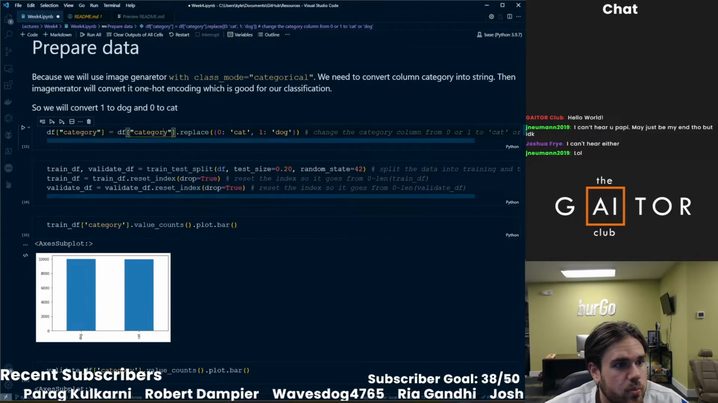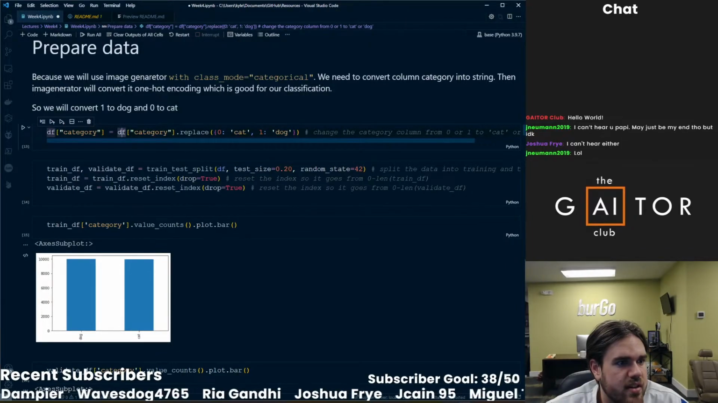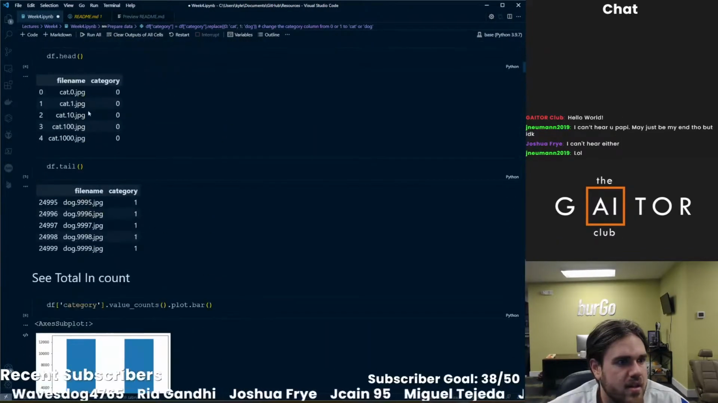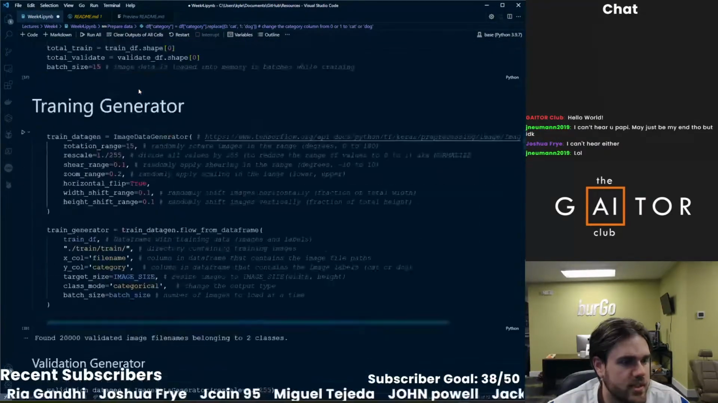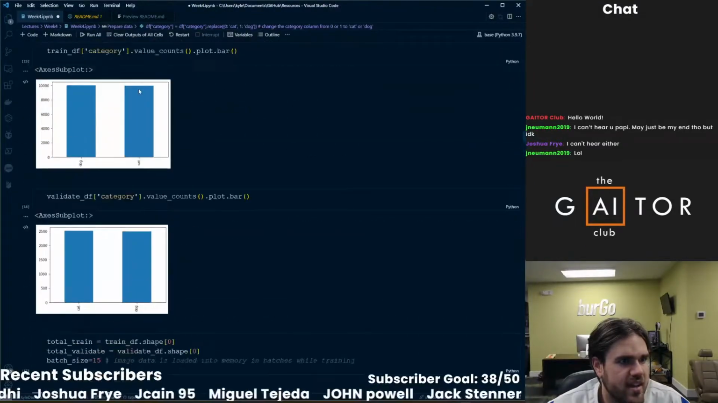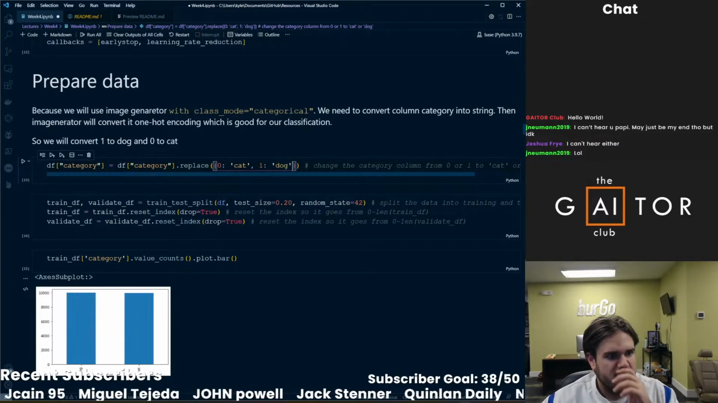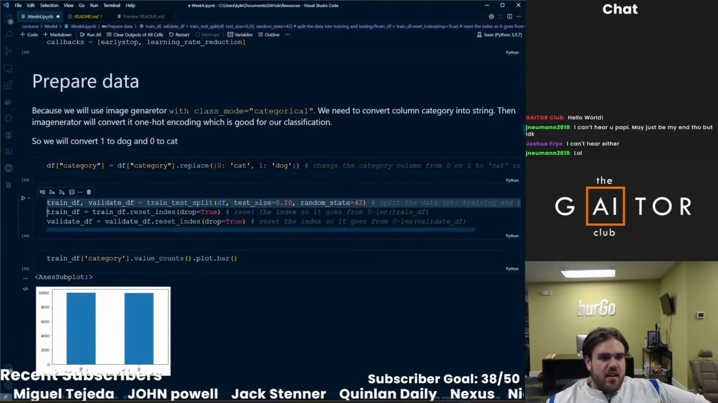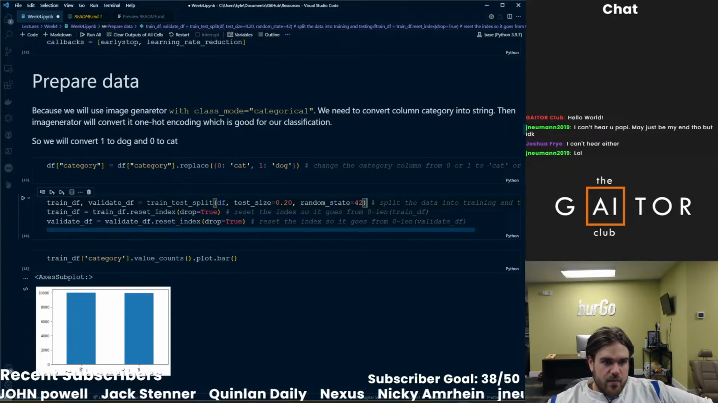So here, all we're doing is preparing the data. We're changing the categories that we created earlier in this data frame. The data frame, remember, from way up here, looked like one column was file name and the other column was category. We basically just changed that, so instead of 0 it's cat, and instead of 1 it's dog. And then we call train test split again, which we went over in week 2. We're doing it with a smaller test size this time around,